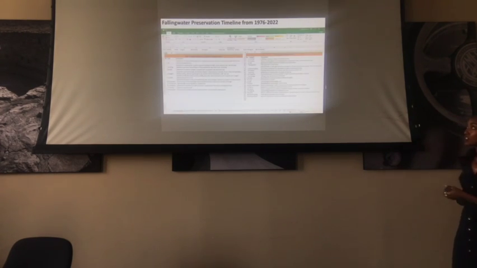The major project I did at Fallingwater is developing the preservation timeline starting from 1976 up to 2022. And just to give you a perspective, Fallingwater has been an open house museum since 1968, so it has a long history of preservation and restoration. They had a large image database. So my job, it's not visible, I apologize for that, but